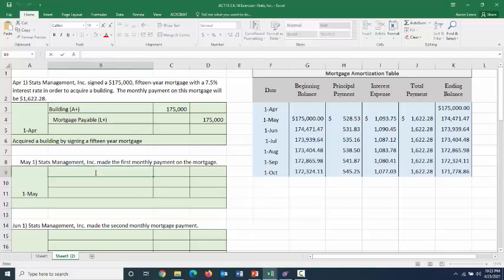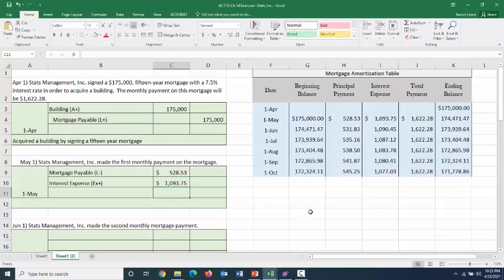Well, the portion that goes towards principal is decreasing our ending balance. It's decreasing the amount we owe on our mortgage. Therefore, we should decrease in our journal entry mortgage payable by the amount of that payment that is going towards principal. So that $528.53 gets debited to mortgages payable. Next up, we have interest expense for the portion of our payment that is going towards interest. And our amortization table tells us that on May 1st, when we make our payment, our interest expense is going to be